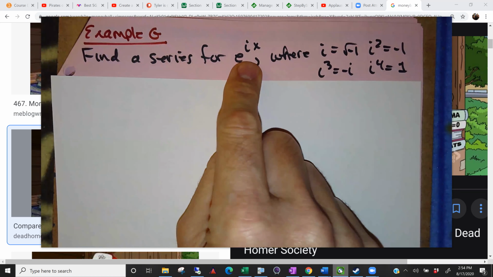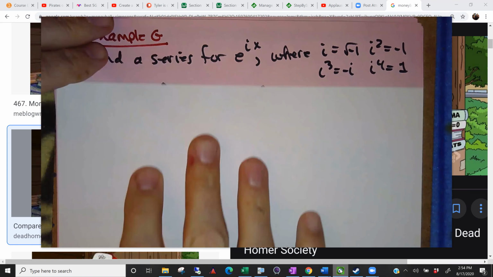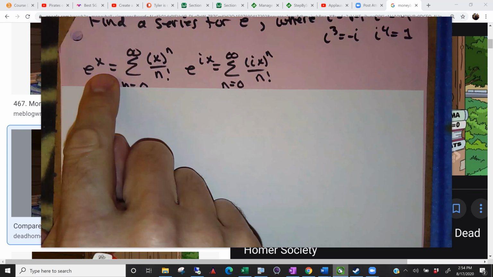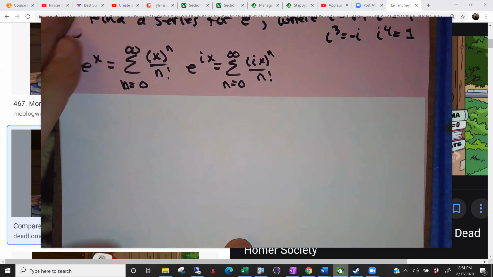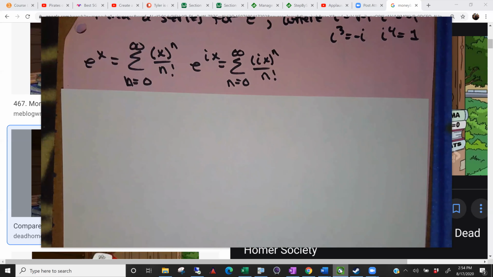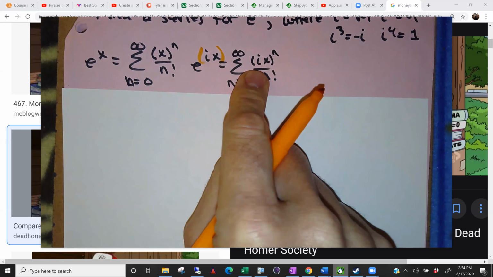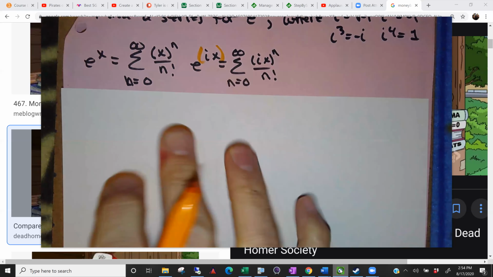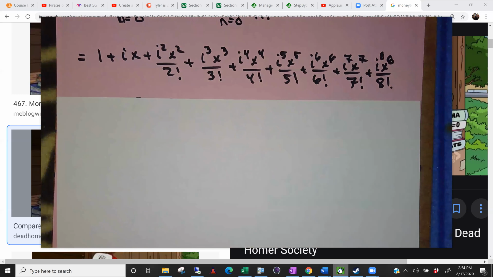Let's take a look at what happens when we plug in to the series for e to the x. The series for e to the x, we know it's this one here. It's the first one we derived as example A. So if I put in i times x, I get this. Now let me expand that a little bit. I've thrown out the first 9 terms here,